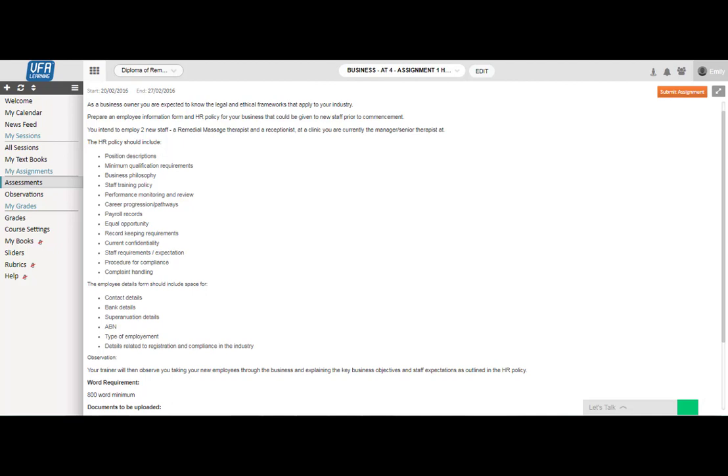One of them will be a remedial therapist and another one will be a receptionist at a clinic that you are currently the manager or senior therapist at. So in your HR policy, you need to make sure you include information about position descriptions that are suitable to a receptionist and a massage therapist, what the minimum qualification requirements are for each of those roles, what your business